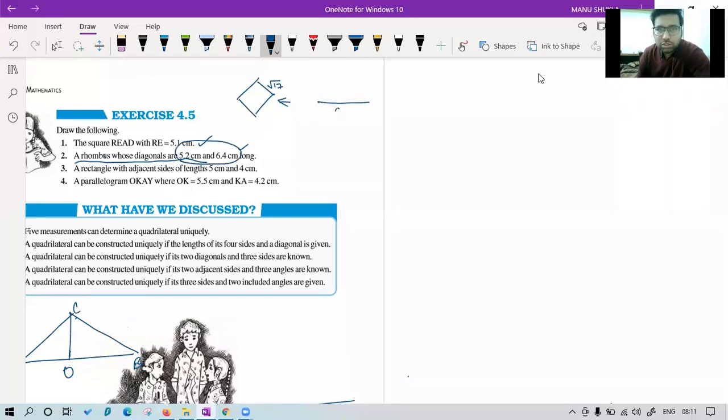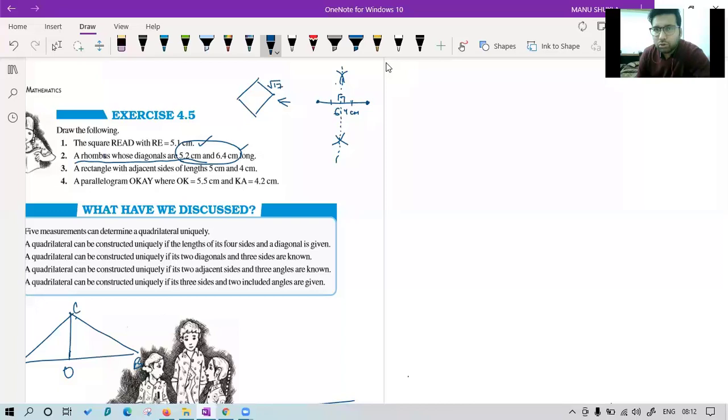First, we drew this 6.4 centimeter diagonal, and after that, we perpendicularly bisected it. By making a perpendicular bisector, we mean we need to keep the compass on one end, open it more than half, cut an arc on the top, cut an arc on the bottom, then similar thing on the other end without disturbing the compass, take one more arc on the top and second arc on the bottom, and you have got 2 points. Just join them, and that is your perpendicular bisector.